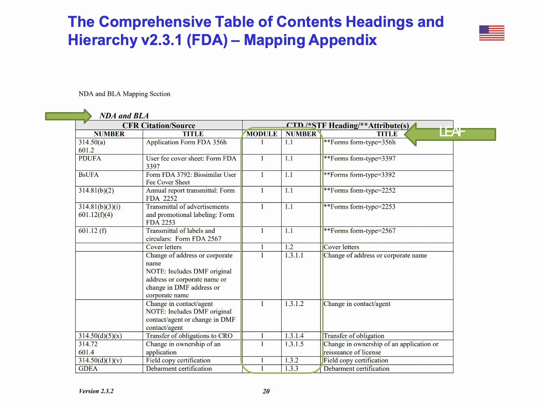So here for the NDA and BLA, we are talking about completing the Form 356H, 3397, 3392, 2252, 2253, etc. For each of those, they all have to be completed and added into module 1.1. And then we also have the titles of each of those documents, as well as the Code of Federal Regulation that is requiring or asking us to prepare these.